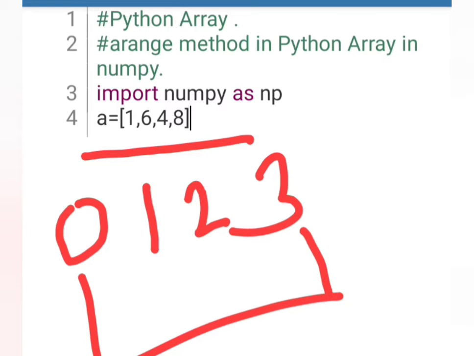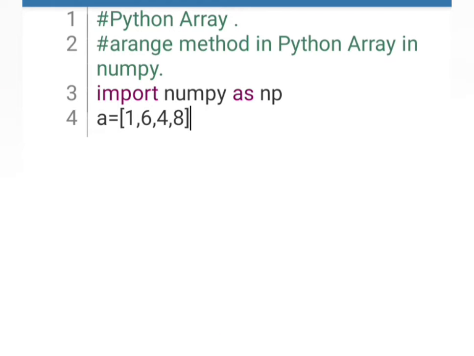If we wanted to check the value of the element at index number 2, how are we going to check it? I don't want to repeat it, but I know that you all will get to know about this. If you don't know, then please let me know in the comment section. I will explain this again in the next video.